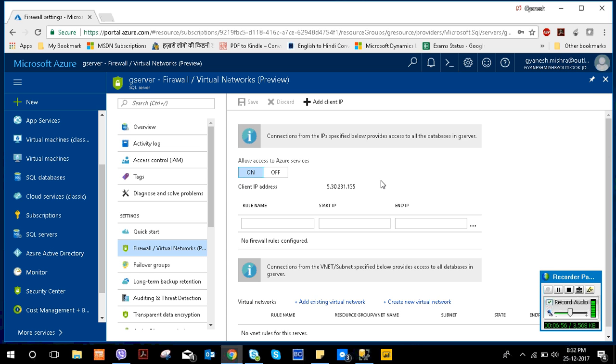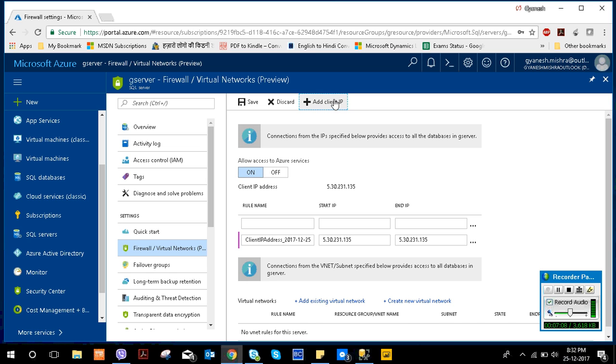Now what I'm going to do is add this. I will click on add client IP, and the IP has been successfully added. After this step, we'll click on save.